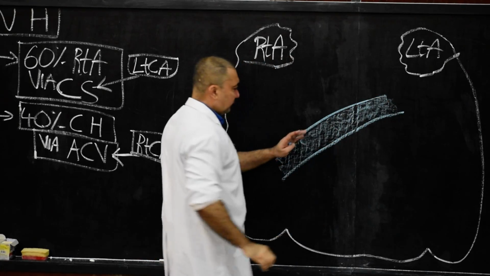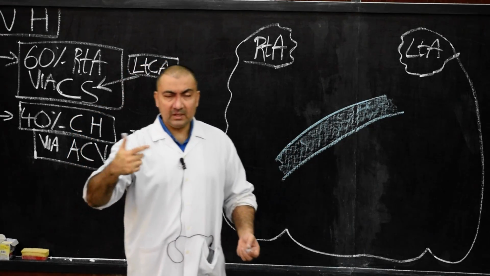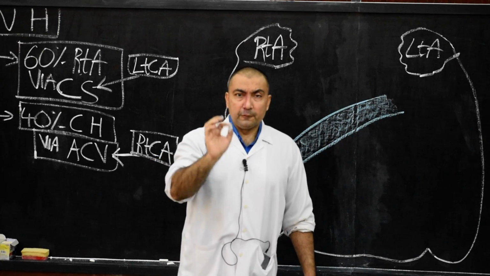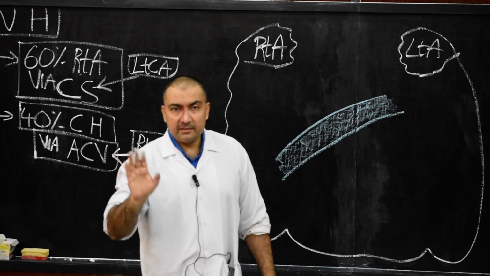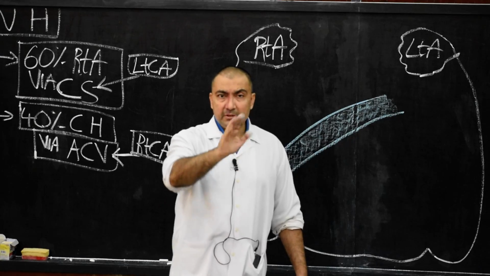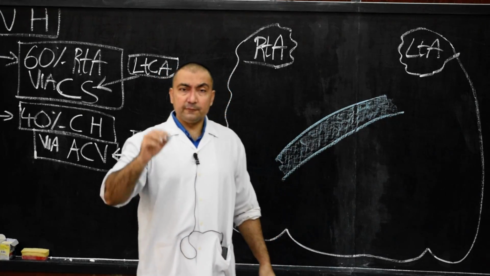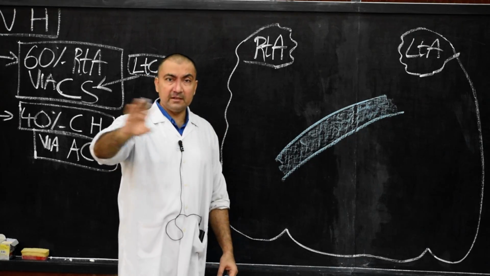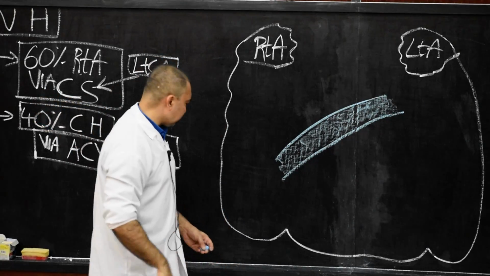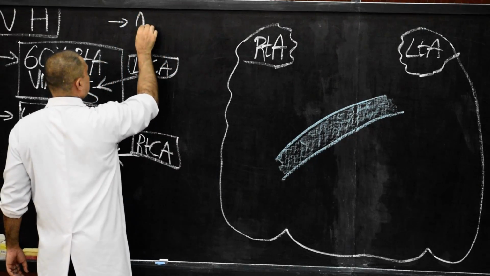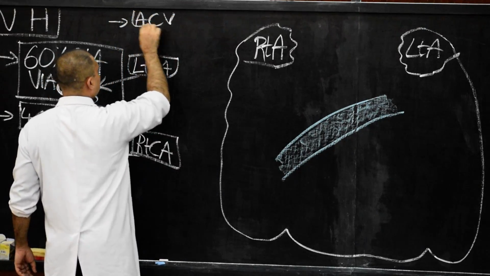Now, after drawing this much, the next point which we will start with will be the following are the veins which are not draining into coronary sinus. So which are the veins which will not drain in coronary sinus? It can be asked in this way also in MCQs. So the following are the veins which will never drain in the coronary sinus. Which are those veins? Number 1, anterior cardiac veins.